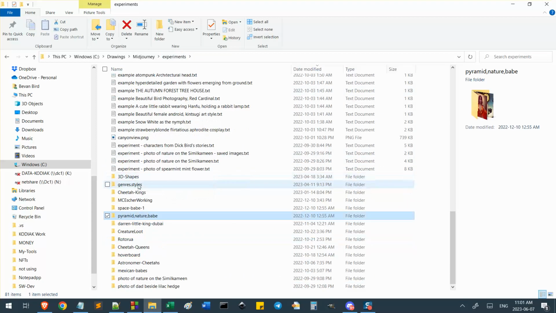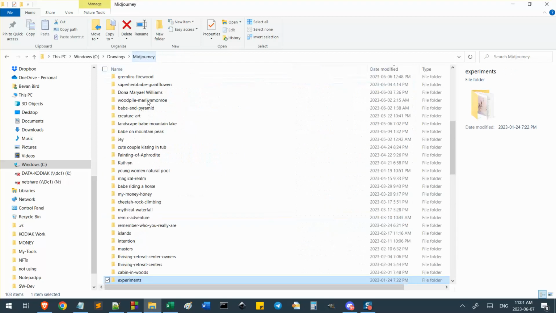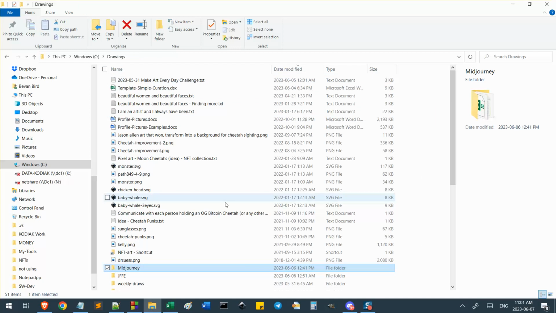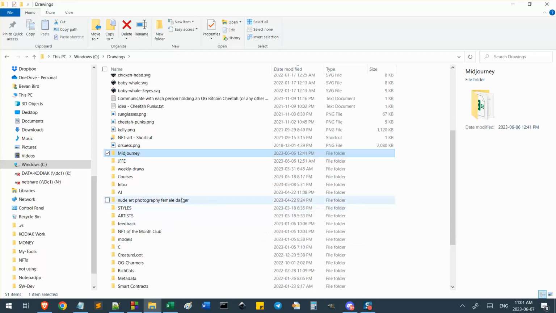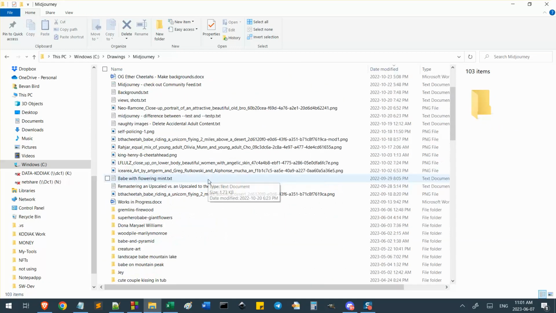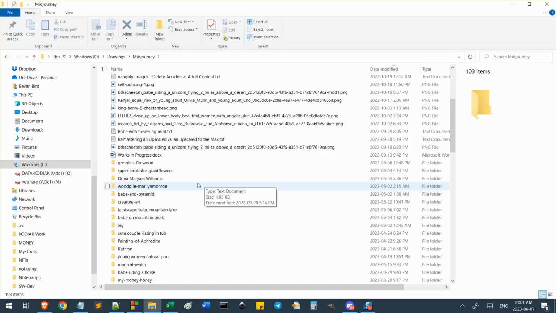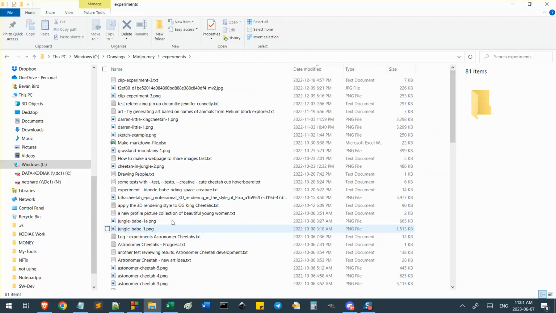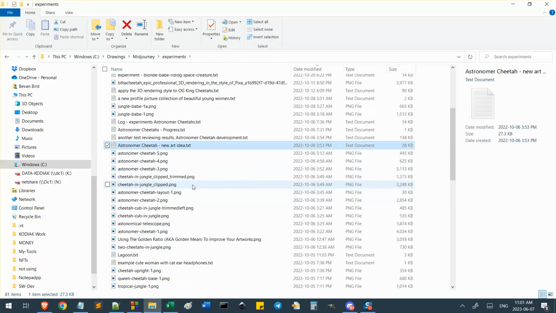Everything can be art, so I just put it in here directly. I have stuff that's things I did with Midjourney, so they're all in there. But the point is that we don't really need a subfolder for experiments, and that also made it more complicated